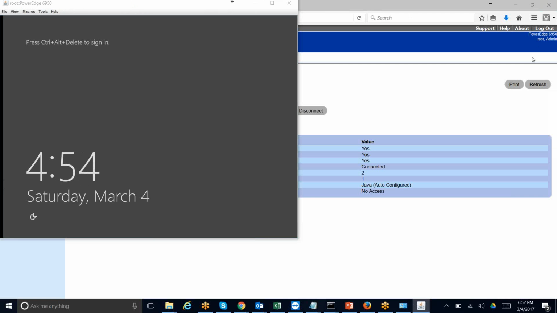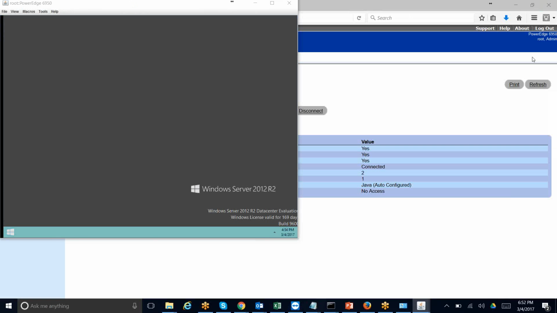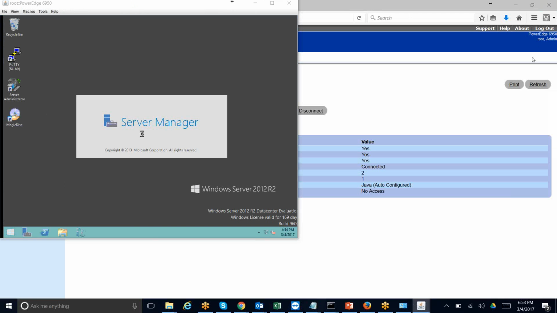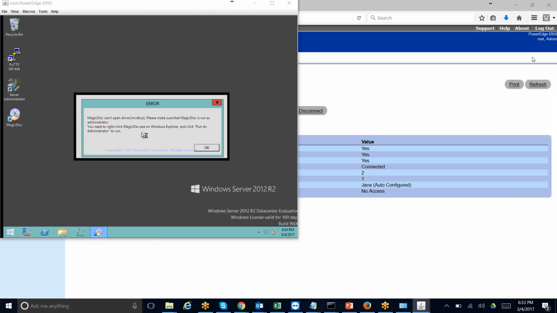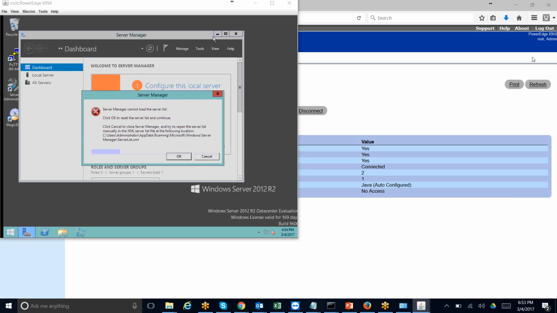So how am I accessing it? तो मेरे सर्वर का एक आईपी एड्रेस है और मेरे ड्रैग का एक आईपी एड्रेस है। 192.168.0.20 मेरे ड्रैग का आईपी एड्रेस है और मेरे सर्वर का आईपी एड्रेस है 192.168.0.13। So भाई this server cannot load।